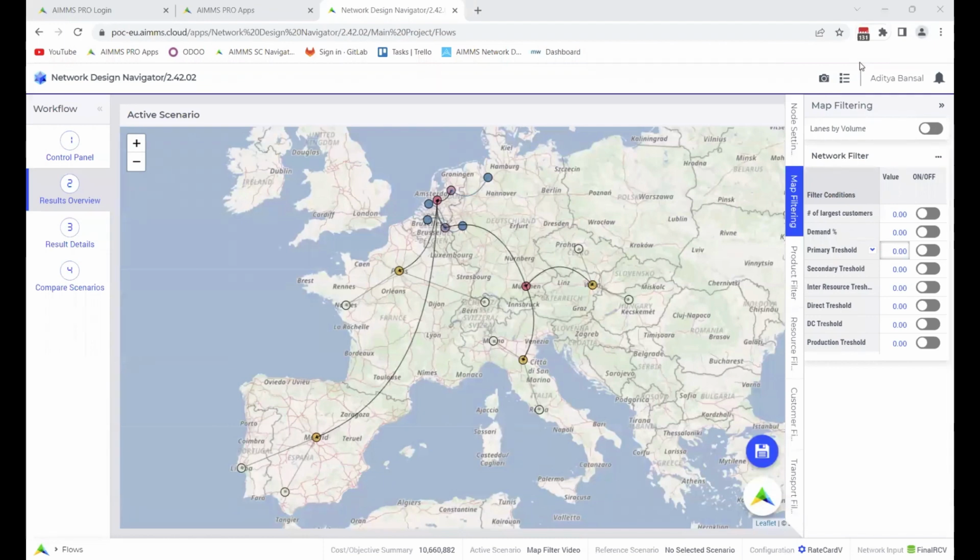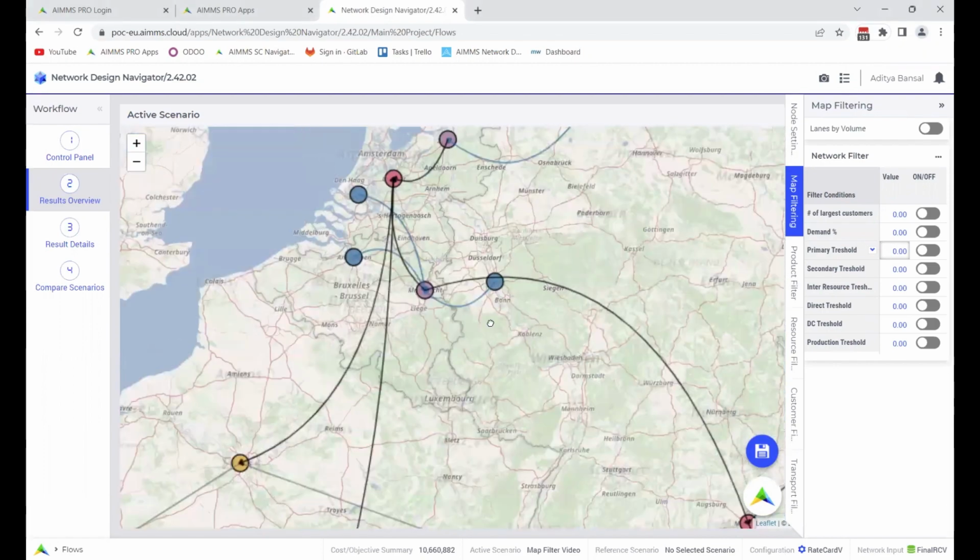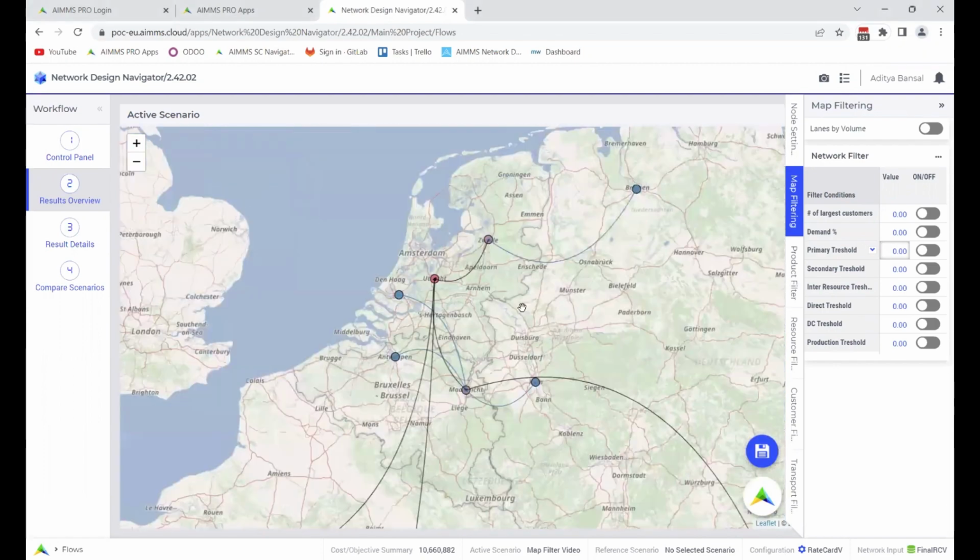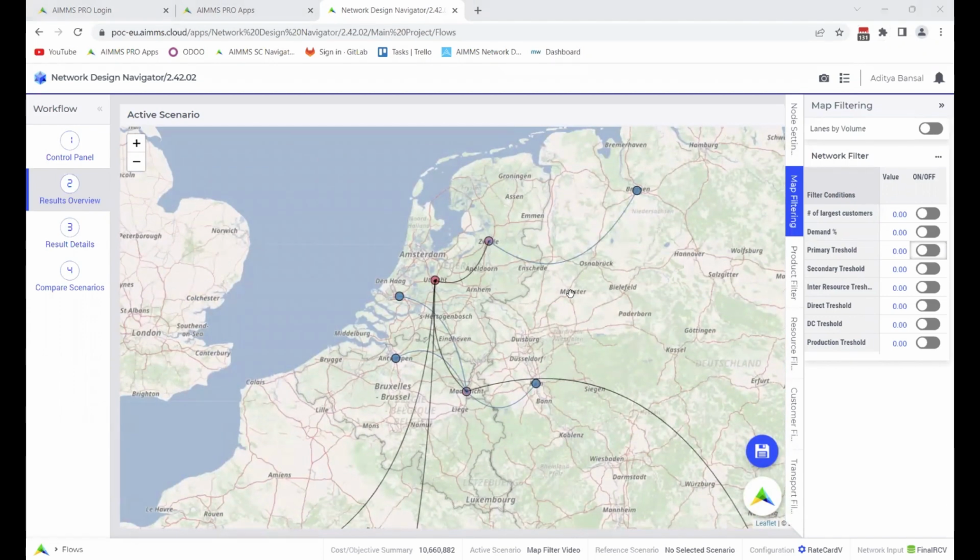And then you have the threshold filters. So here you can input a number and it will show you the lanes in which flows are equal to or greater than the threshold entered. So let's take the example of primary transportation, which concerns lanes from the suppliers to the production facility. So in this model, there are 4 suppliers who send their goods to the production facilities, and they are here marked by blue. So now let's put a number in the primary threshold and see what happens. So I'm going to put in 7,000